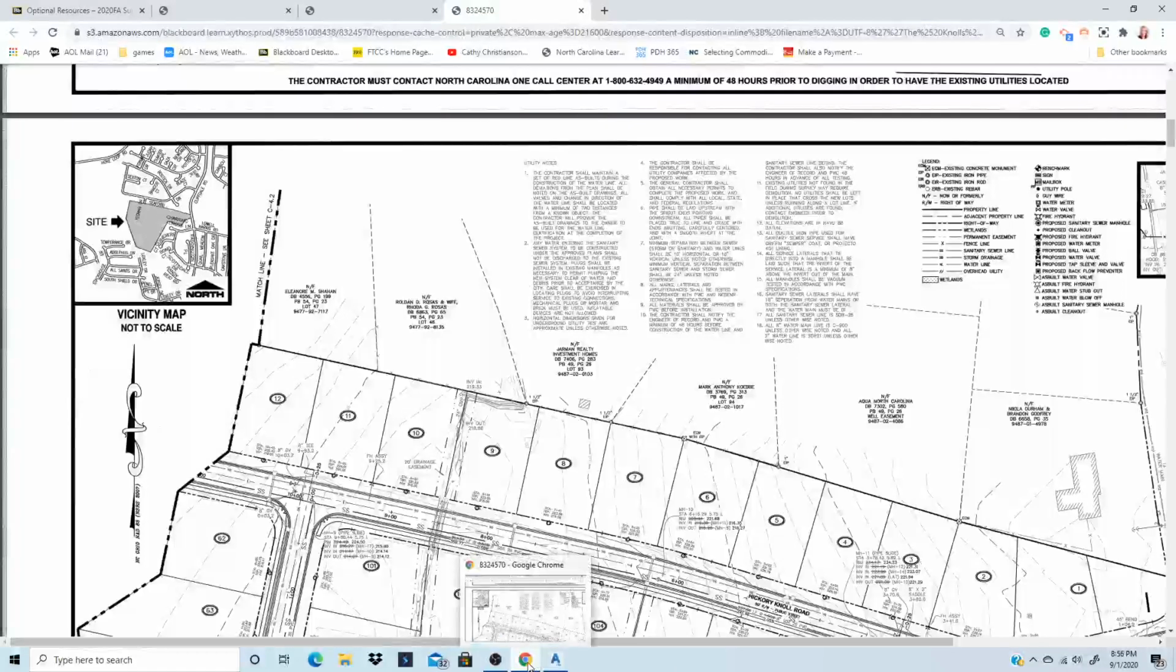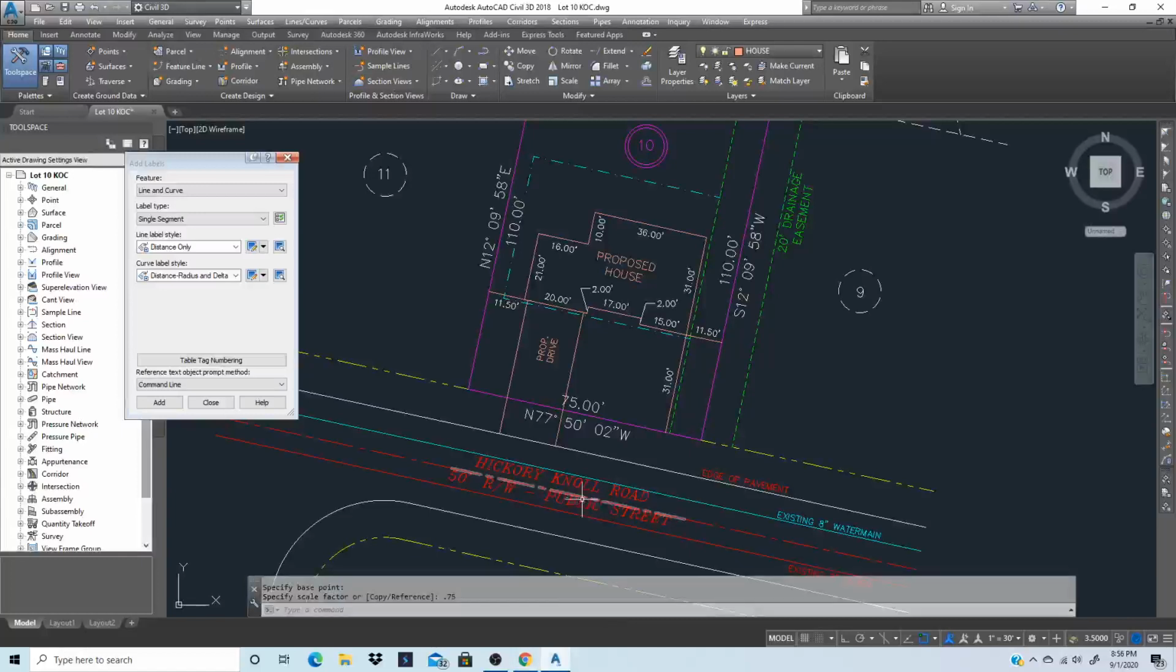Alright, so here's what we're going to do. Typically it's in the center of the lot. So I'm going to offset the center of the lot. If it's 75 feet, half of that is 37 and a half. So I'm going to hit an offset of 37